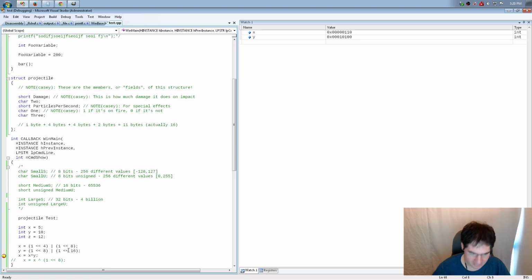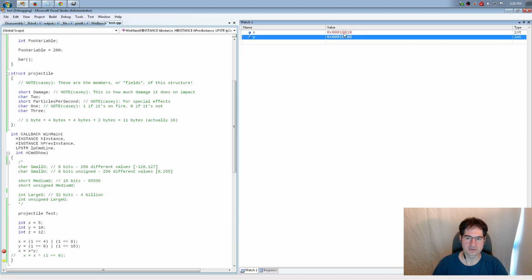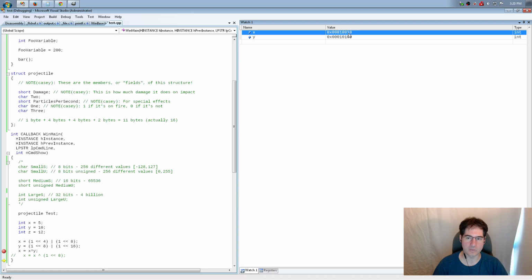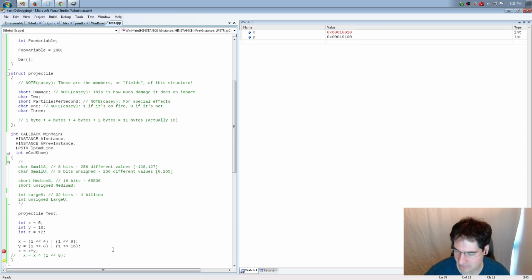So when I run this, what do we expect to see, right? We expect to see that 8 get cleared out, right? And it is. So the result has the bit set where each of them had a bit set but the other one didn't, but the one where they both had it set got cleared. And I realize that's just a weird thing to think of conceptually, but it is something that happens in programming. It's just another tool you can use to achieve results that you want. So it's something to be aware of, and it is built into the language.